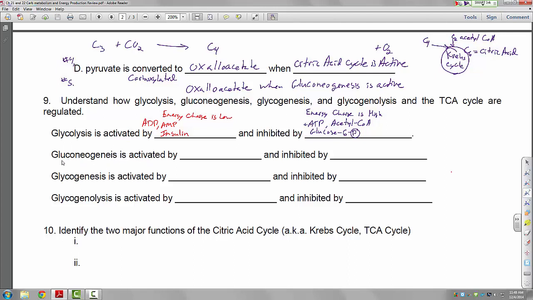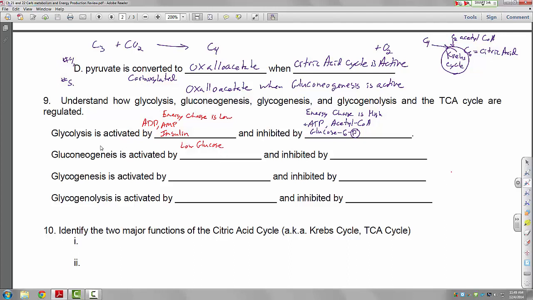Gluconeogenesis, this is the creation of new glucose, so making glucose anew. I mentioned that up here. First step is to add a carbon to pyruvate to get oxaloacetate. This is the first step in gluconeogenesis. So when do we need to make new glucose? Well, it's going to be activated by, obviously, low glucose. And when glucose concentrations are low,